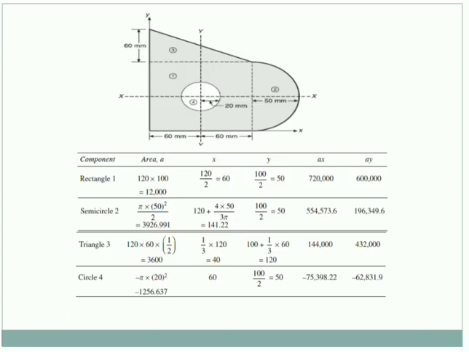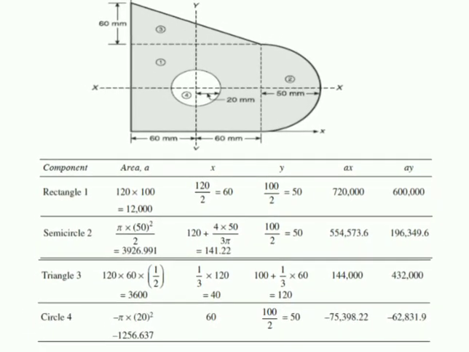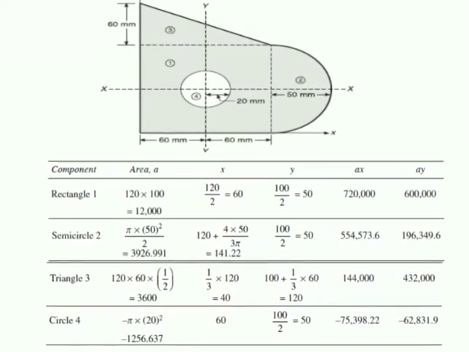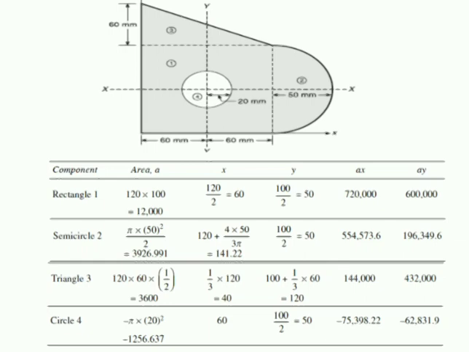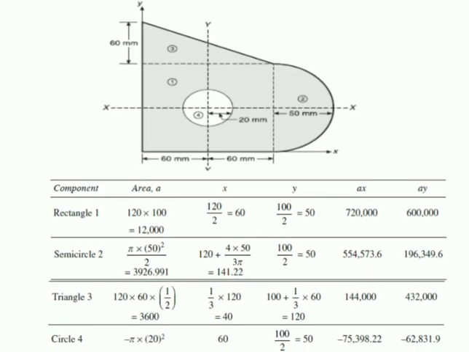Okay, so in the next step, let's go to the table as well as the figure together. Now this is how you should be able to solve with proper practice. Now if we take the first component, that is the rectangle, which is number 1. Area of the rectangle as explained is 120 by 100. Now the x component directly from the vertical axis will be 120 by 2. You will be able to get it directly. Then y component also you will get it directly as d by 2, that is 100 by 2. So we will get a1 x1 and a1 y1.